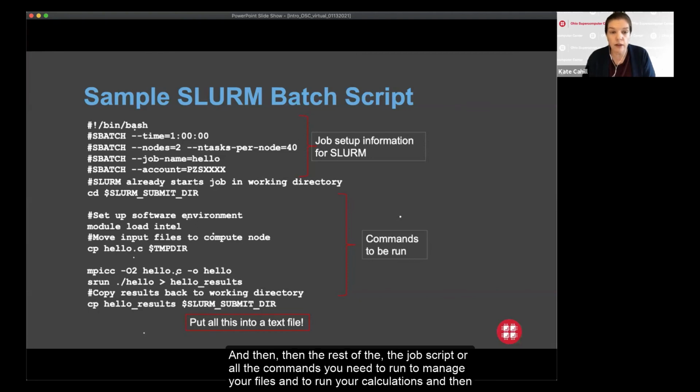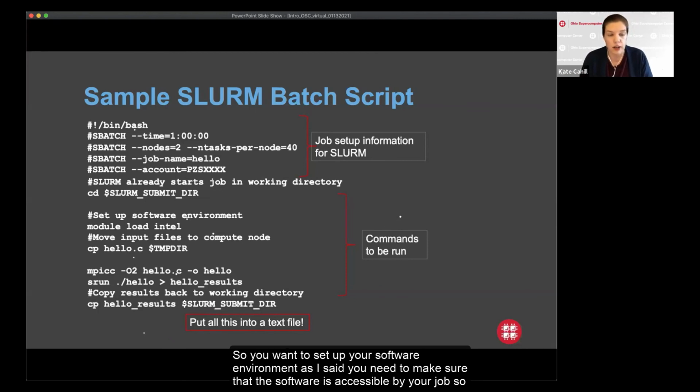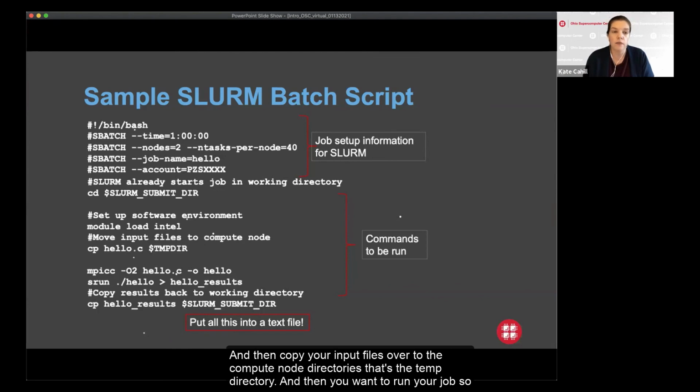And then, the rest of the job script are all the commands you need to run to manage your files and to run your calculations, and then to get your results back at the end. So you want to set up your software environment. As I said, you need to make sure that the software is accessible by your job. So you want to load any software modules that you need. And then copy your input files over to the compute node directory.